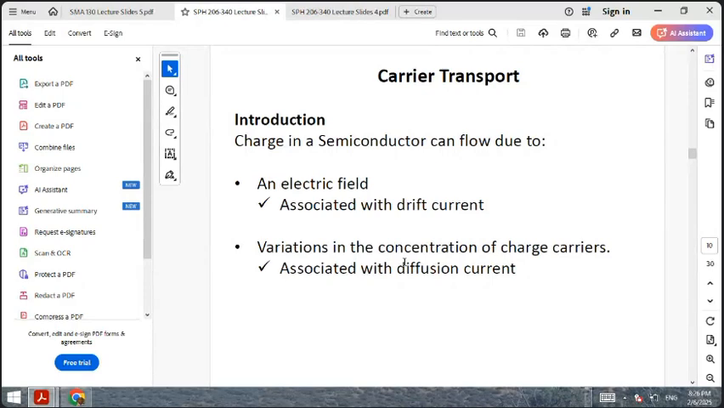So we will spend some time looking at carrier transport. What causes charge to flow? There are only two ways: the electric field or the variation of concentration of charge carriers. So we will see the associated